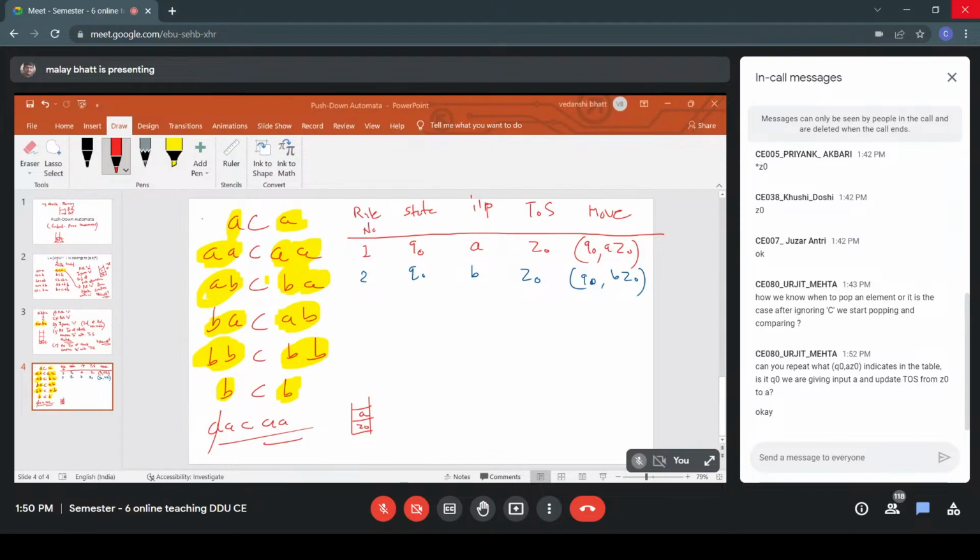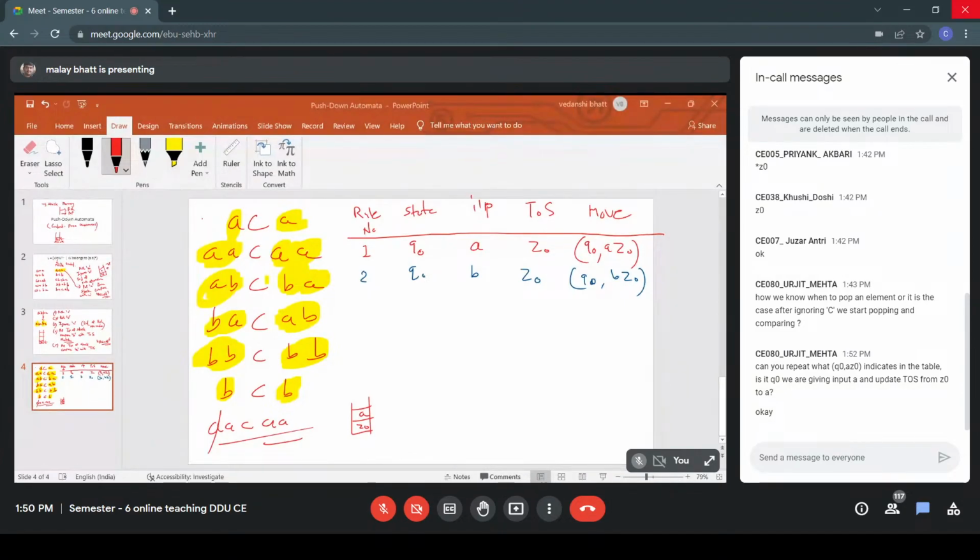You know the rule which you have defined. You are clever enough that you have defined a rule to recognize the odd length palindrome. The game is odd length palindrome. So you have a stack and you have defined a rule that when C comes, I will push all the symbols one by one, and after that I will start popping the symbols. So here what we'll do, when the second A will come,